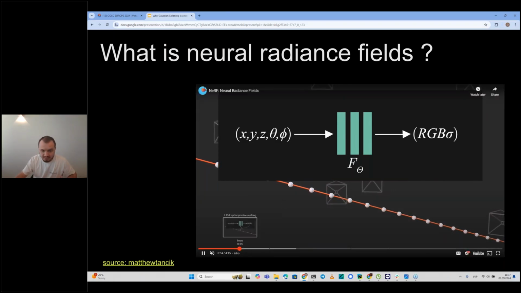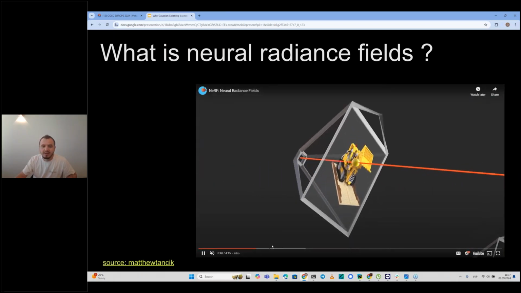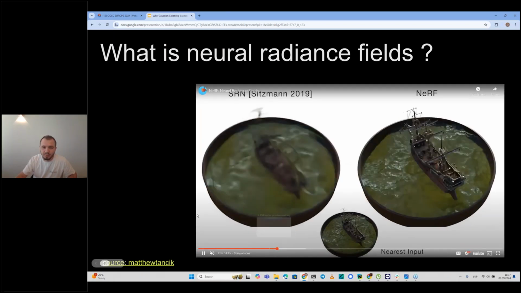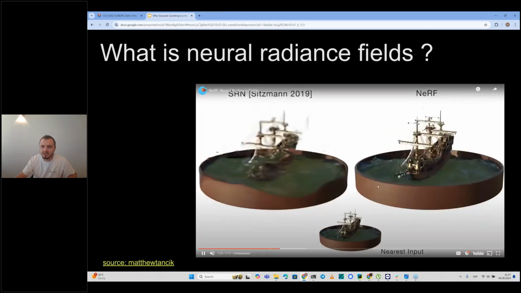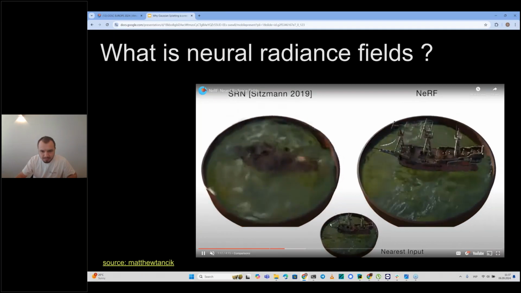After aggregation of visual data from each point of view, we are able to train reconstruction like this, which is pretty amazing.